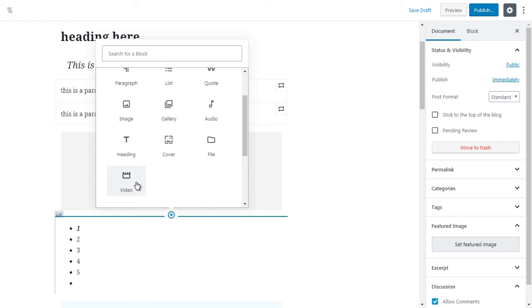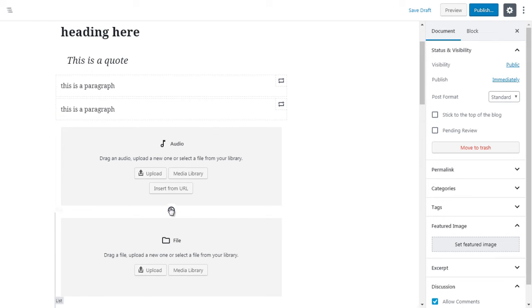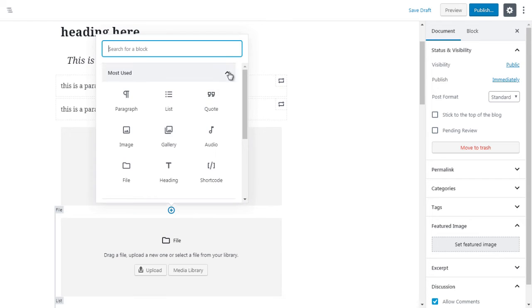You just have to have the video in hand on your computer. You upload it to the media library, you upload it, or you get the URL. We have file, which is again similar. If you click on file, same thing. Very similar to audio, video, and image, and gallery. And of course, the last one